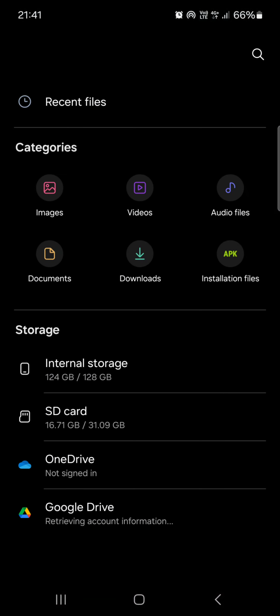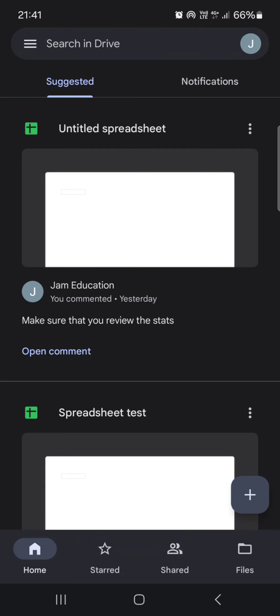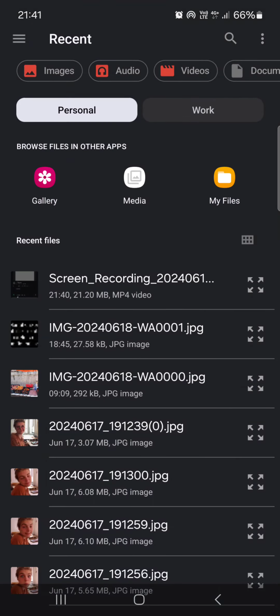Now we can select from where we want to upload stuff to our Google Drive account. We can select my files and then browse our device to find the document that we want to upload, or we can just go into gallery or images or audio,